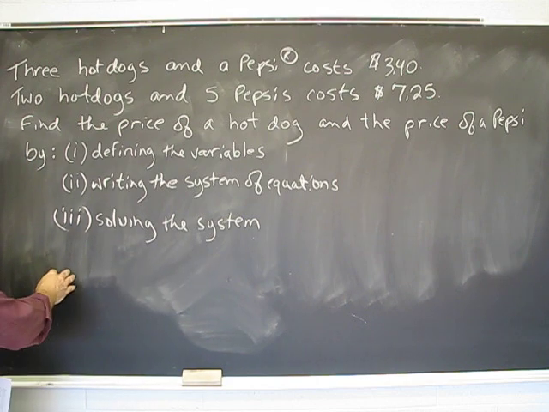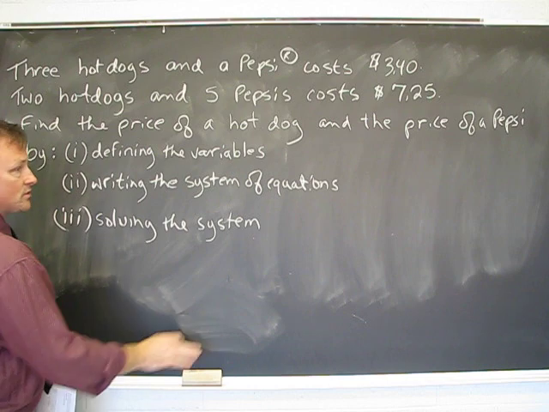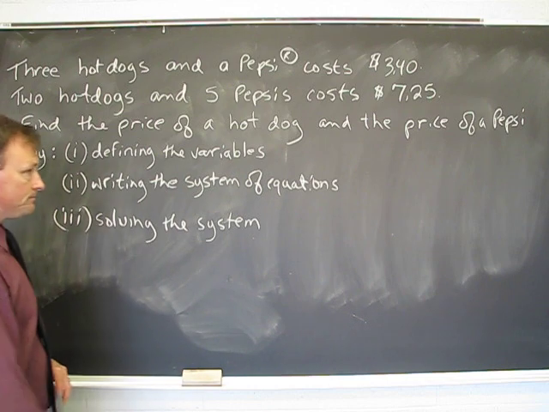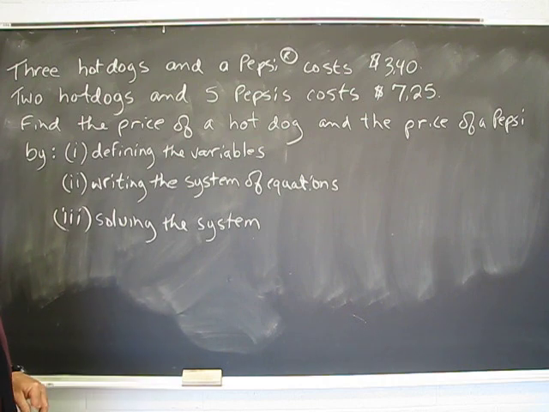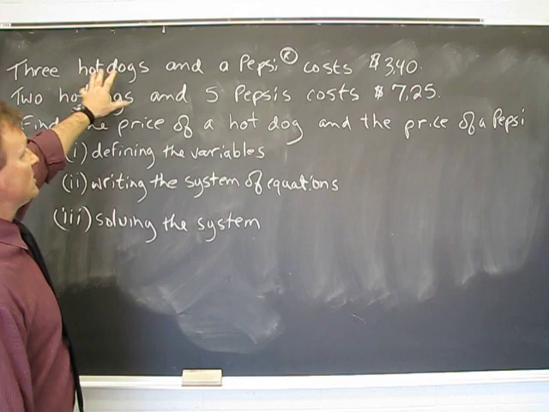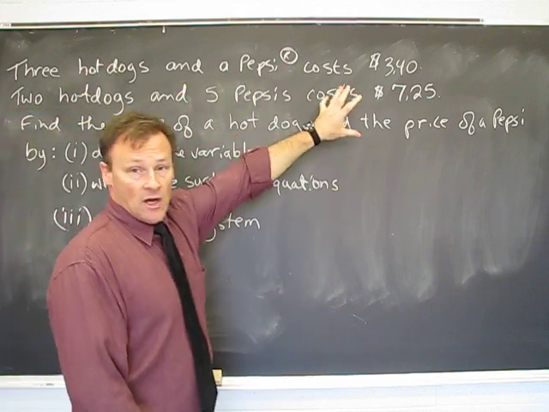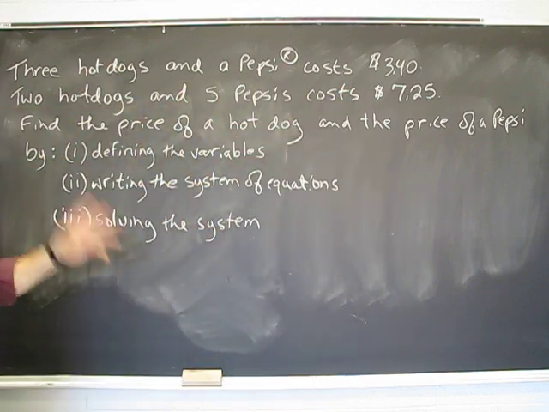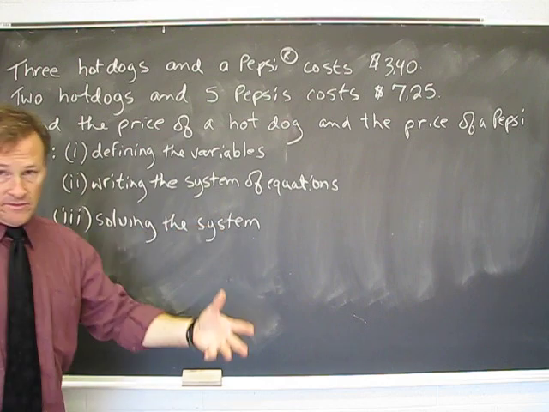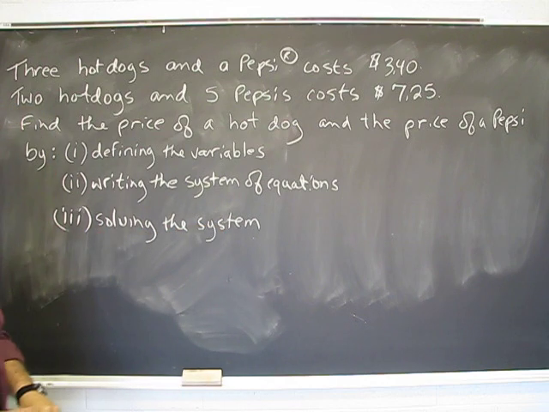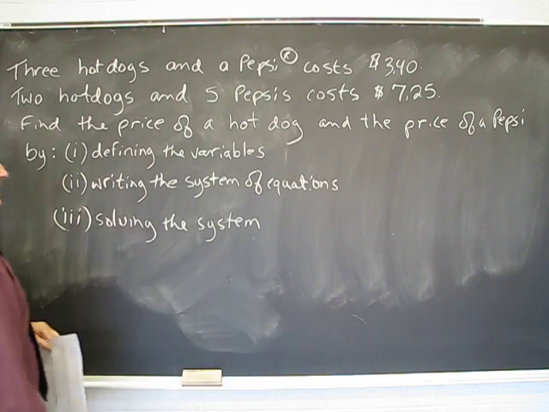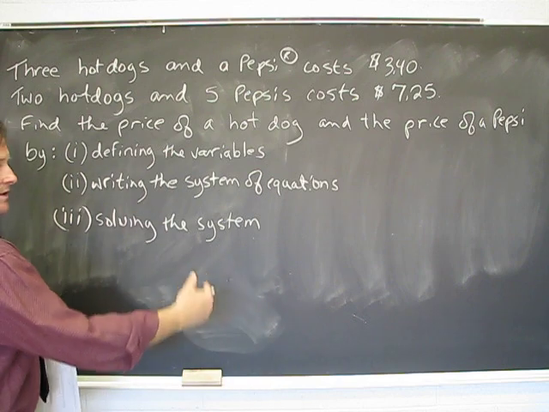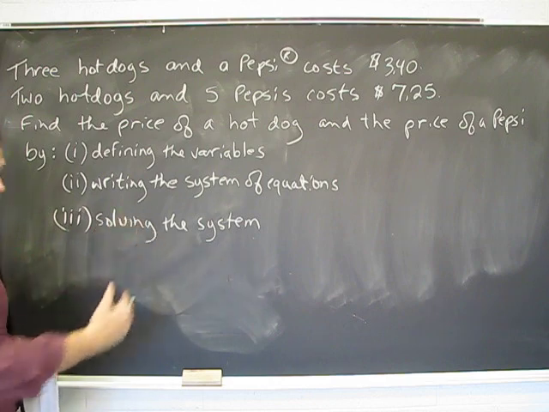Normally there's going to be a 4th step here, which is to write the solution or answer the question. A question like this is what I call a value quantity question, or number value, because we have a number of items and a cost, and we're trying to figure out the cost per item. Now that sounds like a rate of change. It is, but in this question it's not a y equals mx plus b kind of format. It's price times quantity for each of the 2 different